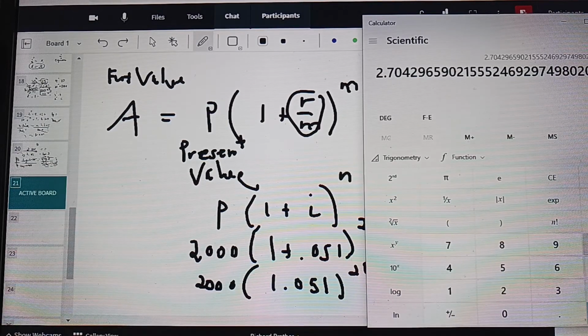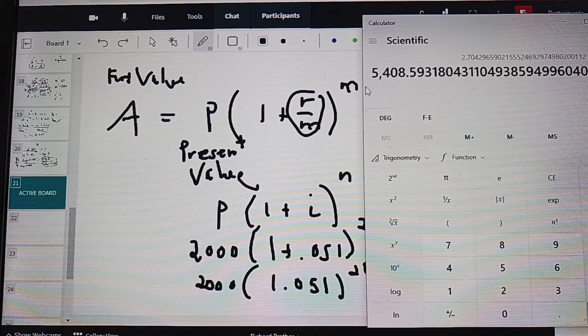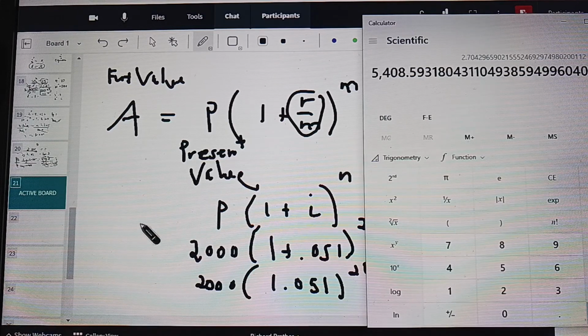So times 2,000. That's the correct order. You don't want to do the times first before you do the exponent. So this would be how much money is in your account 20 periods from now. It depends if they do it monthly or quarterly or weekly or daily. But 20 different times you're going to get interest, and your $2,000 will grow to